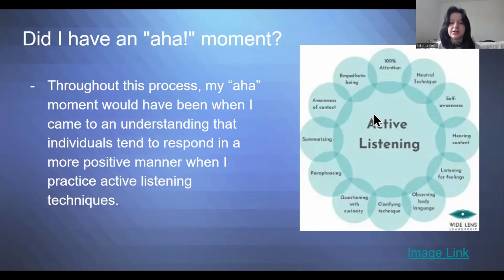You can definitely see some more active listening skills. I definitely used some of these during that time, such as summarizing what he had to say, what he had asked me, and being empathetic, giving them 100% attention. That was a big one that definitely helped out. And lastly, another one I like to point out is definitely observing the body language. I did not realize how helpful that was to help me with the job interview.